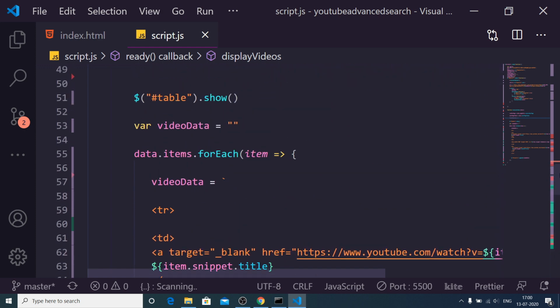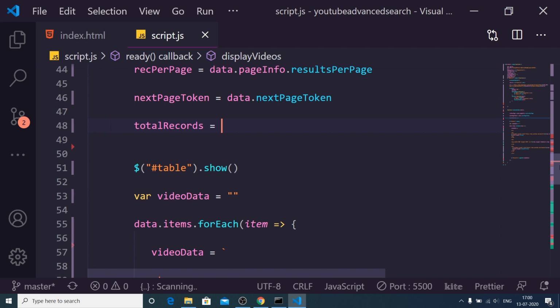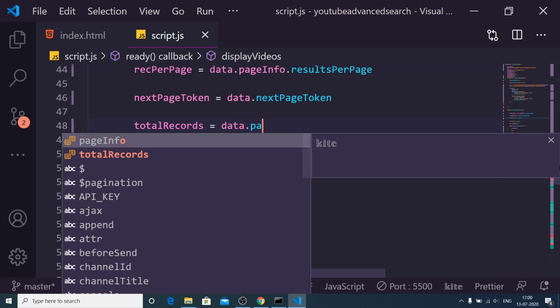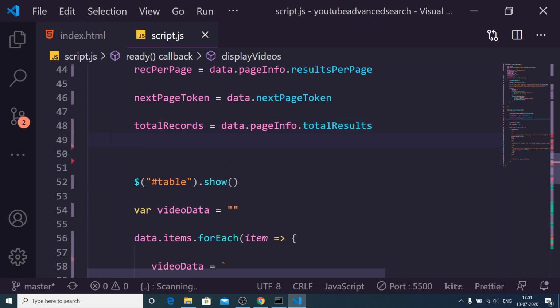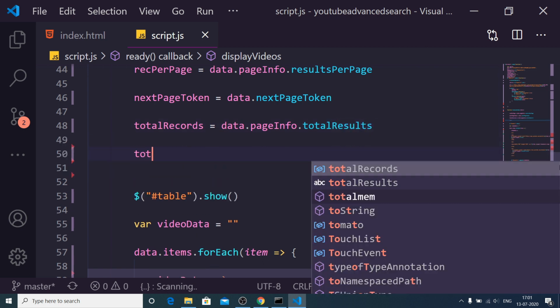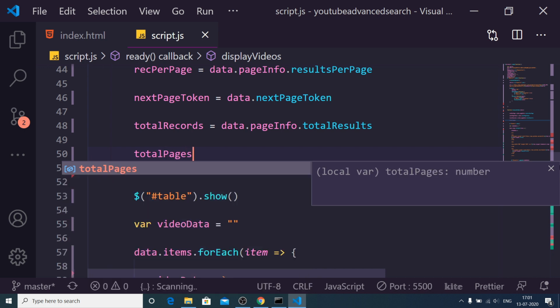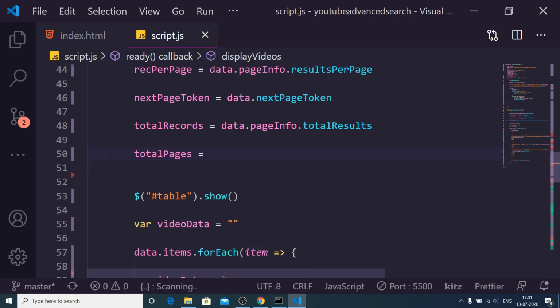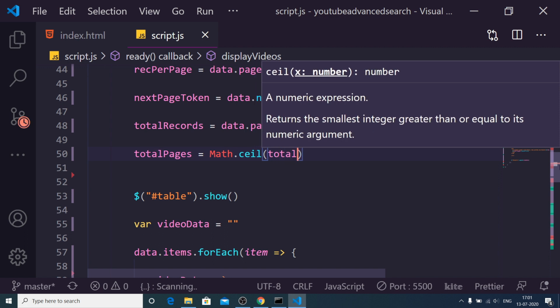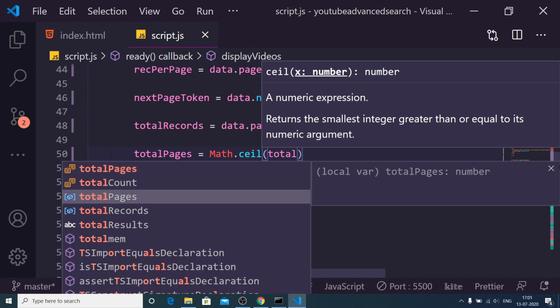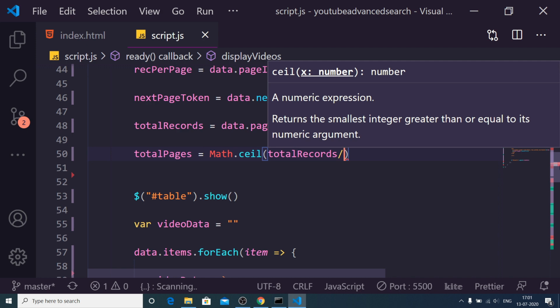So we need to set total records equal to data dot page info dot total results. I think this is total results. Yes, total results. And after that we need to calculate the total number of pages which the pagination will use. We will use the math formula here, math dot ceil. Inside this we will pass the total records divided by the records per page.